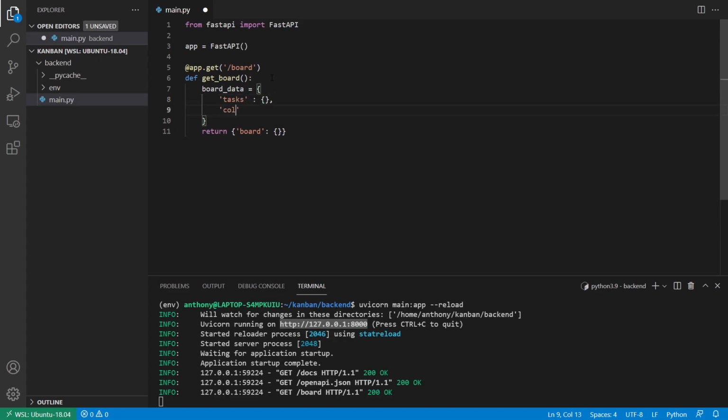There's going to be a columns key. And then there's going to be a column order key. And this is going to be a list. The reason why I have it like this is because it makes it a lot easier to work with on the front end. On the back end, it doesn't really make a difference how it's set up. But on the front end, to avoid mutating the board data, it's easier to have objects inside of here,